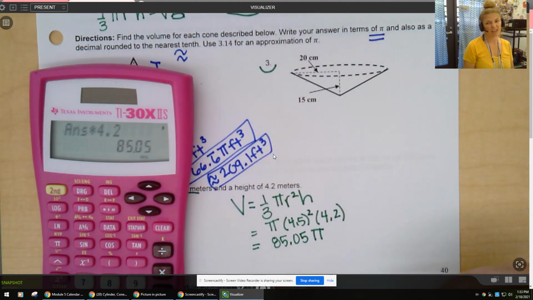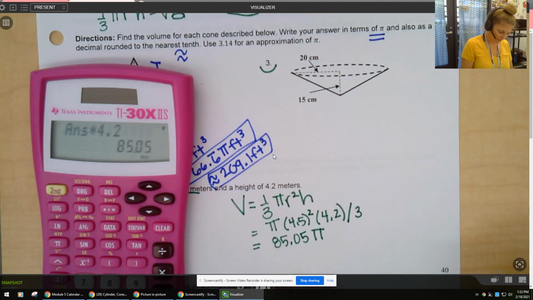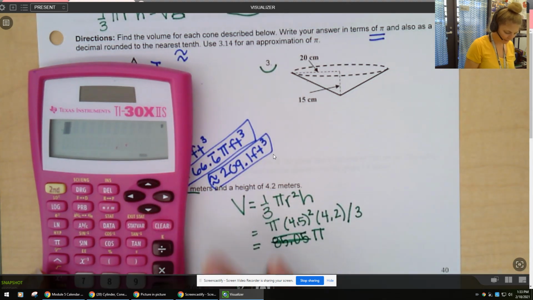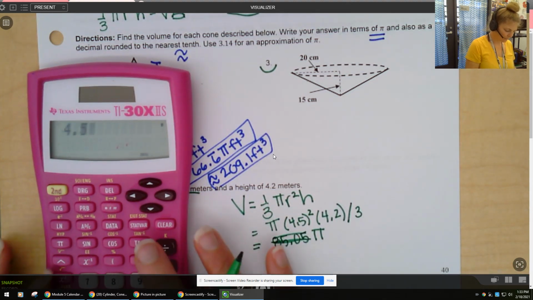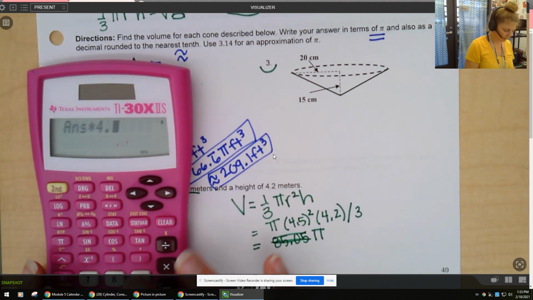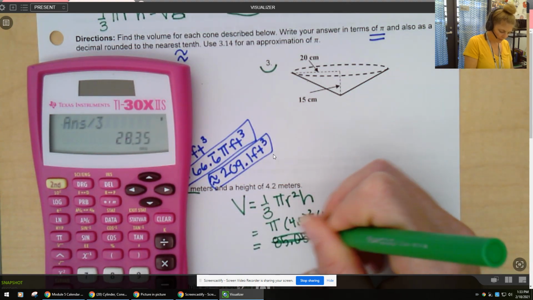Oops, what did we forget, you guys? Yeah, we forgot to divide by 3 because it's 1/3 of all that. Okay, so 4.5 squared times 4.2 divided by 3, and we get